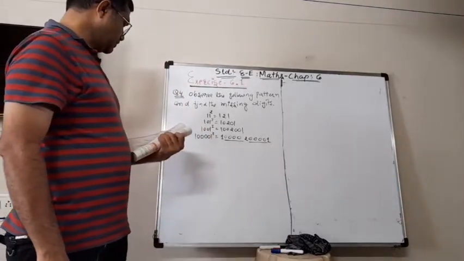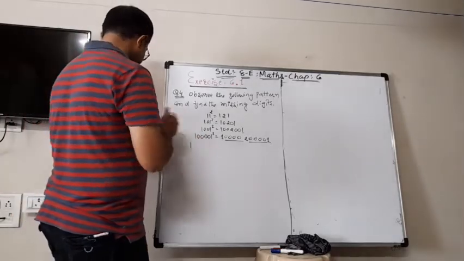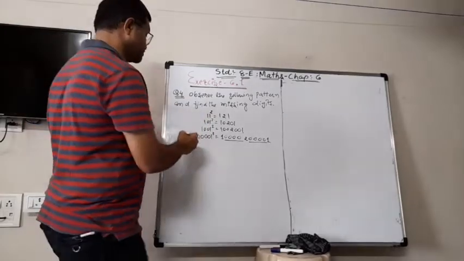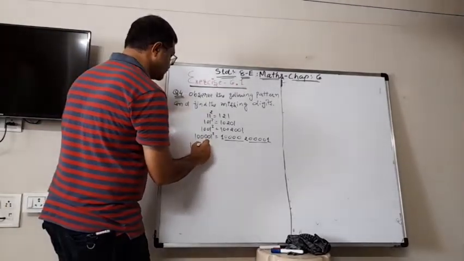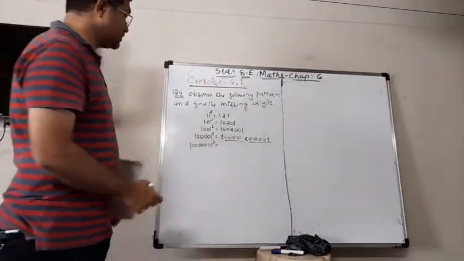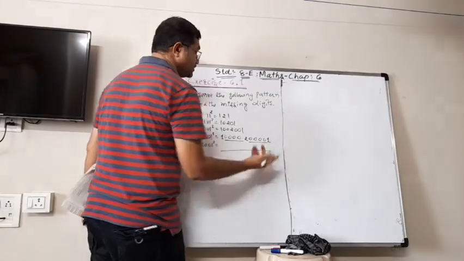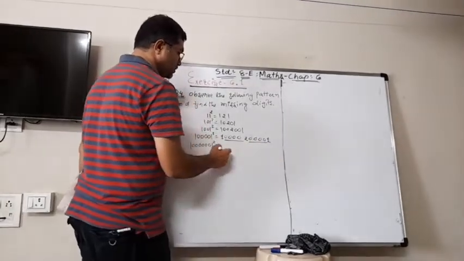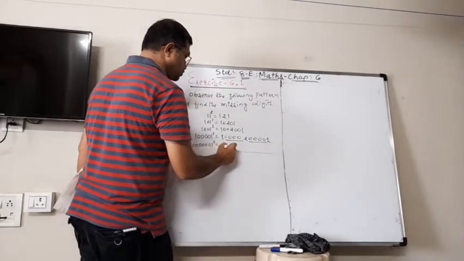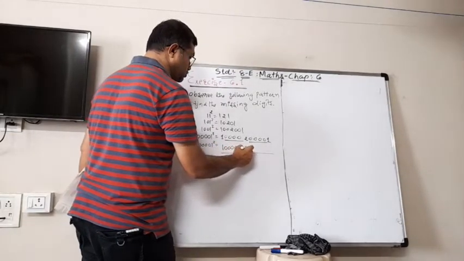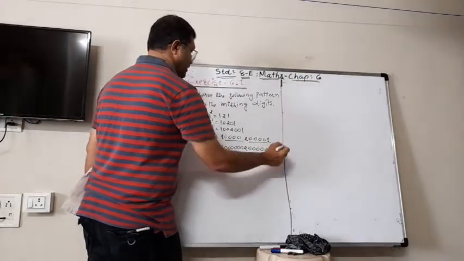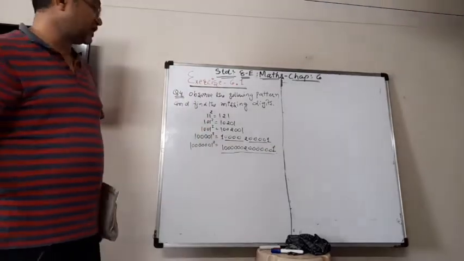Then another one is 1, and then 6 zeros. And they didn't give anything here, which means we have to write everything down. So it is easy: first we write 1, then 6 zeros, then 2, again 6 zeros, and at the end there will be 1.